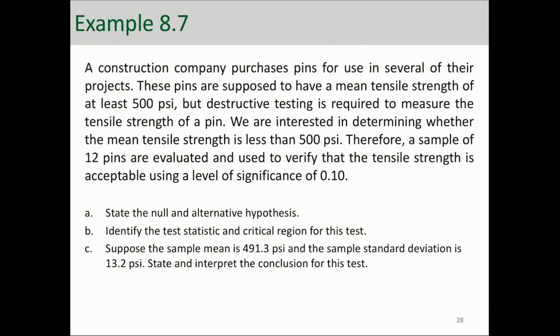In this video, we're going to take a look at another example to apply t-test and using critical region to make decisions about a hypothesis testing